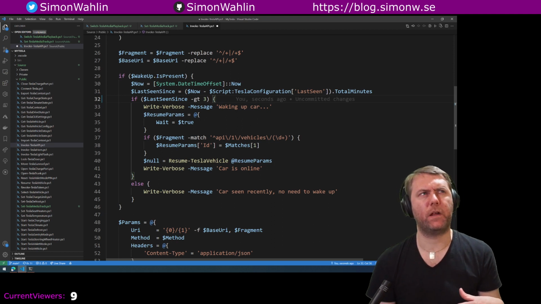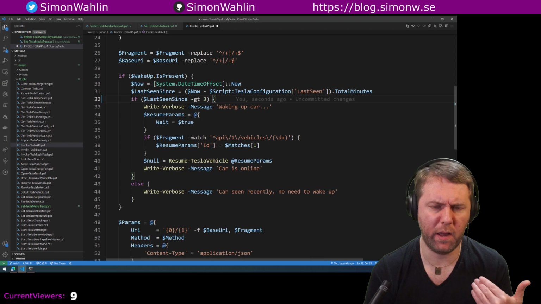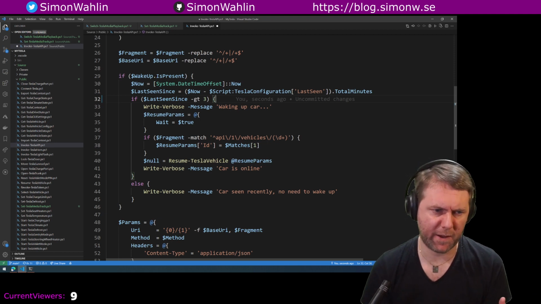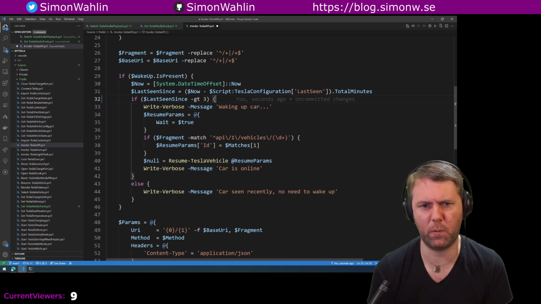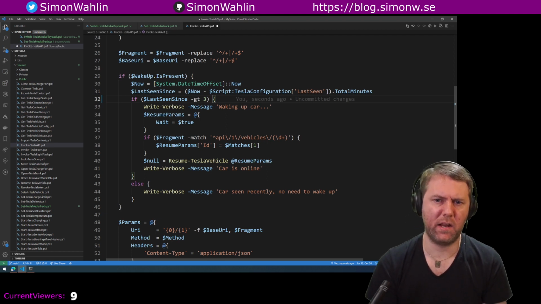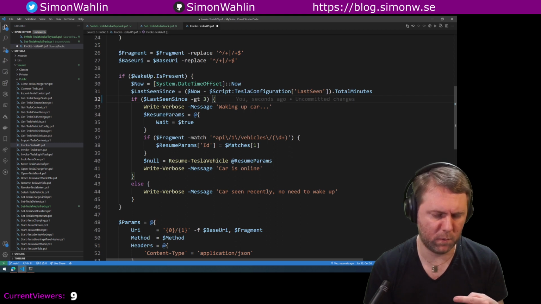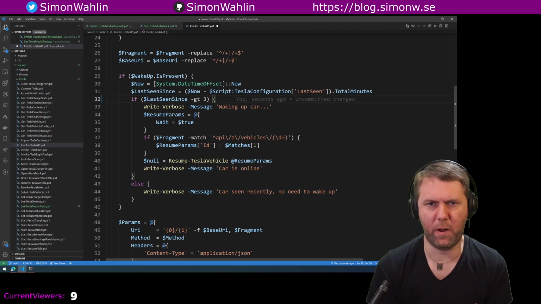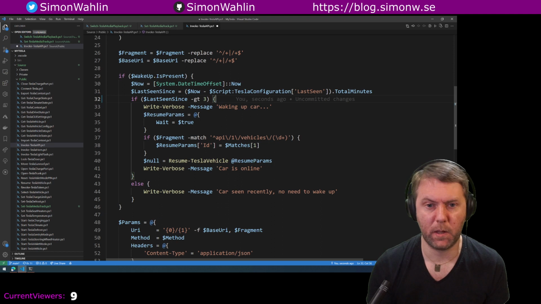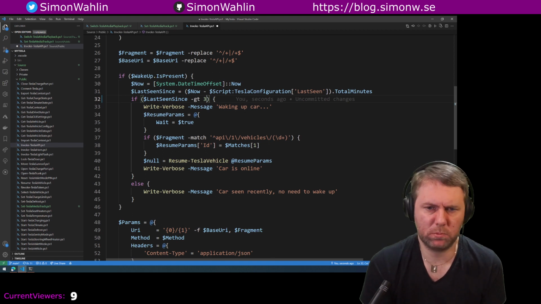So at first I thought I wanted to do a get Tesla vehicle every time I do a command. Then I realized that sometimes I fire off commands in quite rapid succession when I want to automate something. So then I have a script saying do this, do this, do this, do this. And if I were to do a get vehicle in between every command, and I do 10 commands, then that would be 20 calls to the API, and in the end I feel like that's not being a good consumer, because we don't want to call the API more than necessary. But probably if it's been more than 3 minutes since we last talked to the car, we'll be fine